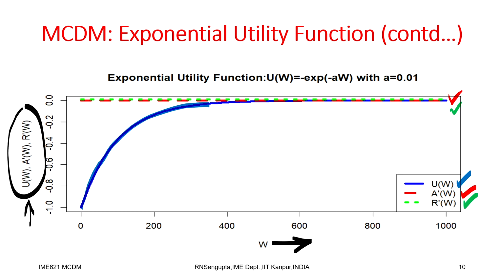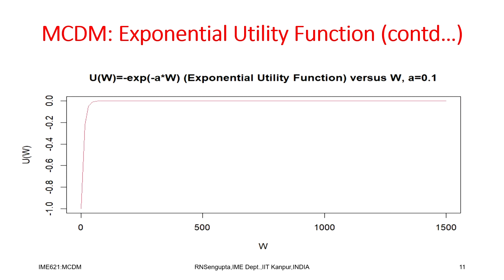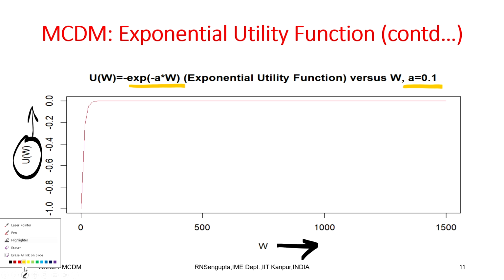And by the way, this utility function is minus e to the power minus a w, and the value chosen of a is positive, if you remember, plus 0.01. Now, let us draw the curves. First is basically the utility function itself. So, again w along the x axis, only the utility along the y axis, and if I plot this minus e to the power minus a w with the value of a as plus 1 here only, this is a scaling factor, it does not matter. So, the equation looks like this.